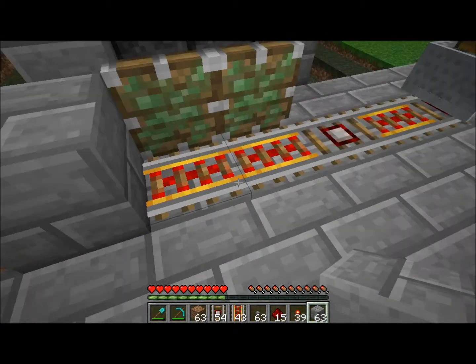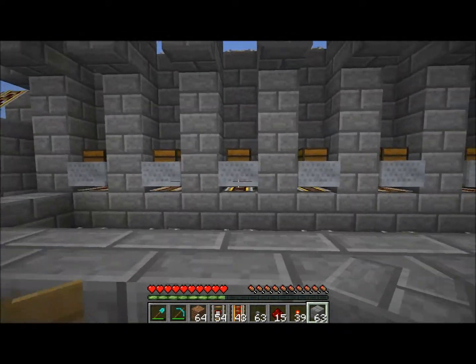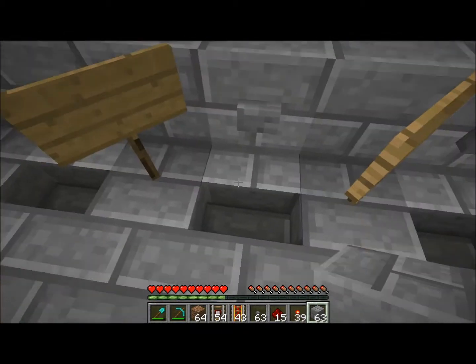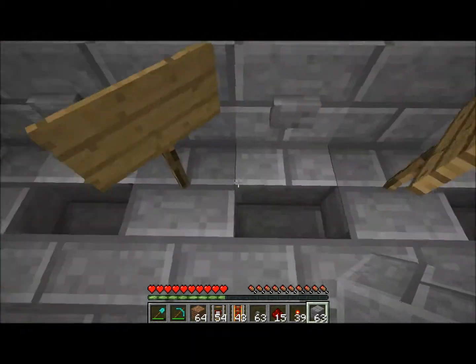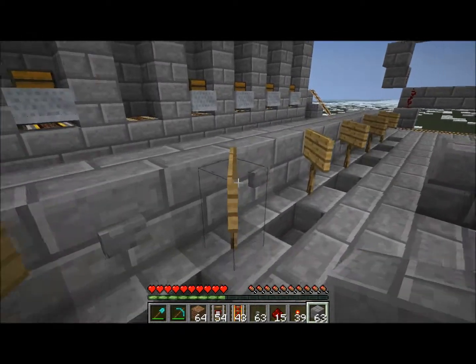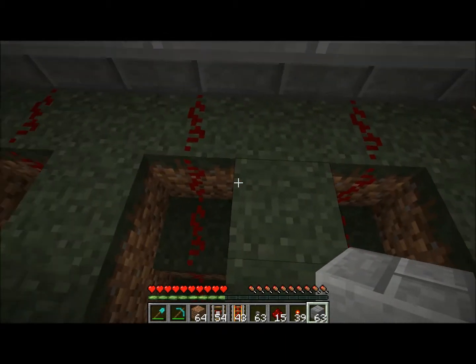So there we go. So yep, that still works. All of these still work. I changed these into staircases for a little bit more, what's the word, depth. Also it allows redstone to pass through, because